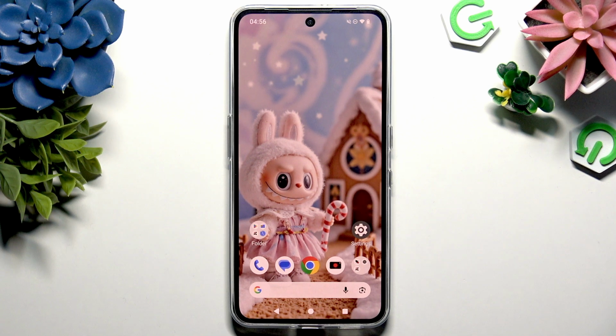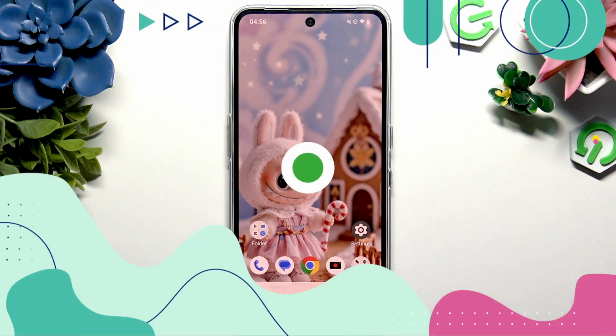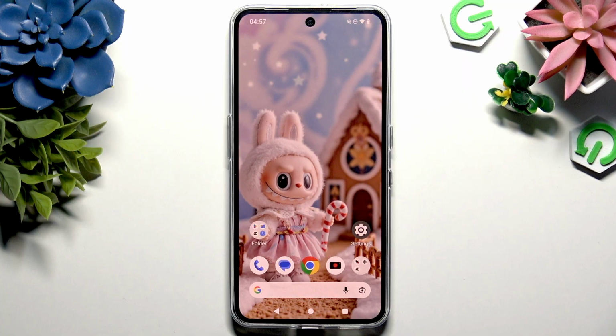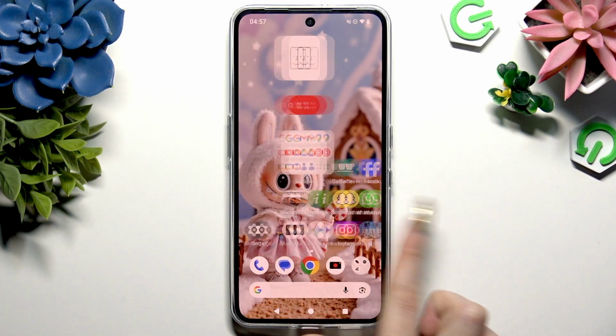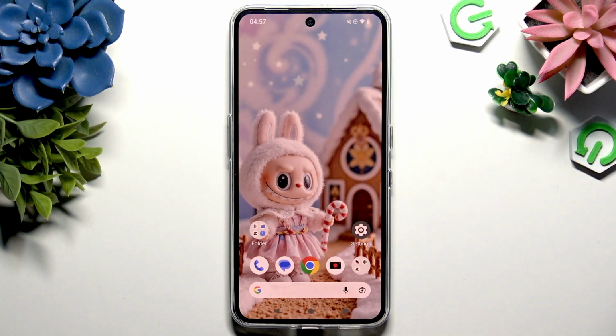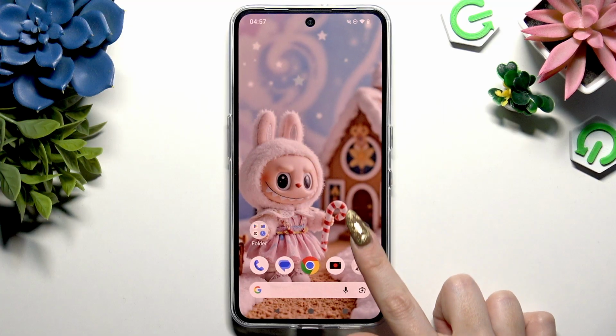In front of me is Nothing Phone 3A Lite, and today I would like to show you how you can change font size. If you don't like your current font size, don't worry, I will show you exactly how to change it within a few seconds. All you need to do is go into Settings,